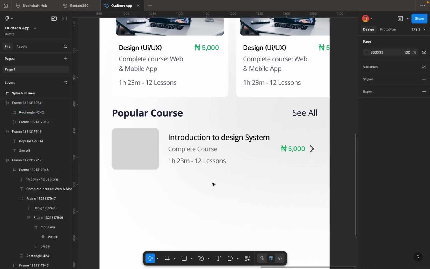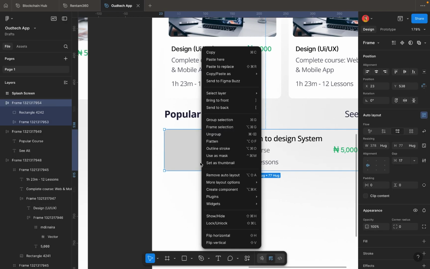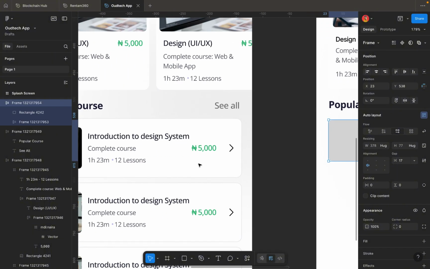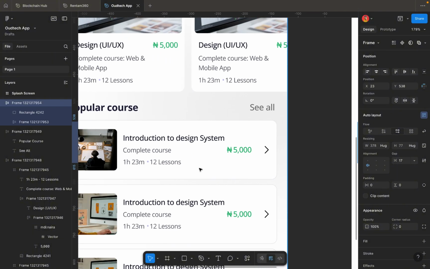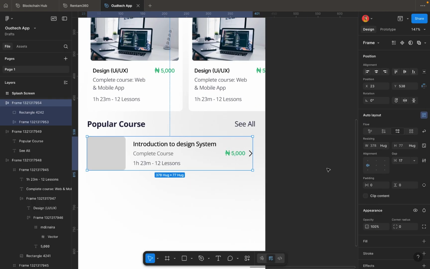Now I'll give you, I'll count 3 for you to tell me what to do next. One, two, three. Now the thing I should be doing is to add padding to this guy because I want to achieve a frame like this. I want to achieve a frame like, yeah, it's a frame now, so I want to achieve a frame like this. So all I have to do is to come here, then add a padding to it,